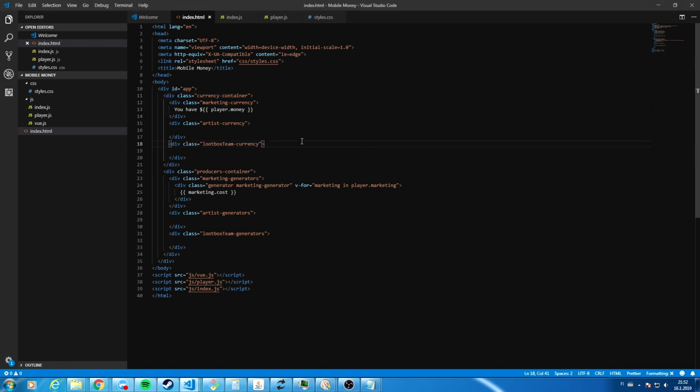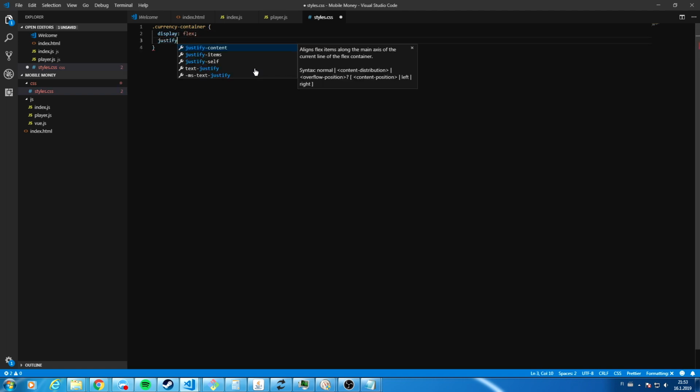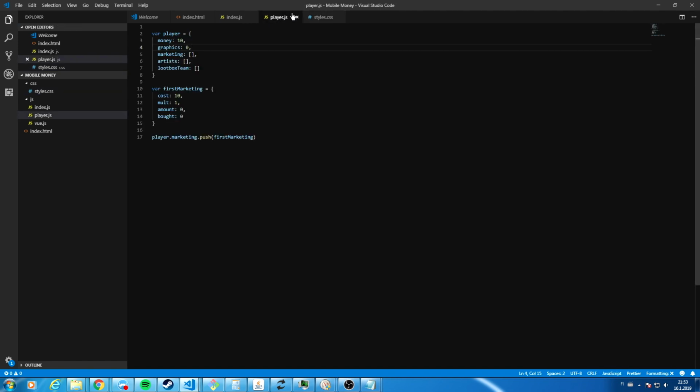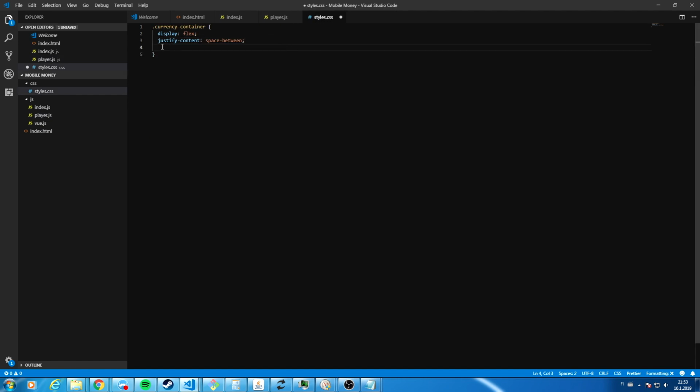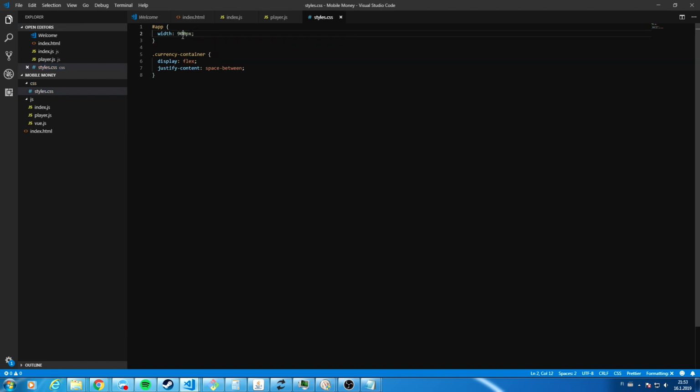We should actually now style these. So currency container is gonna be display flex, justify content space between, and let's actually give the root app a width of 900 pixels or 950, and this, yeah,